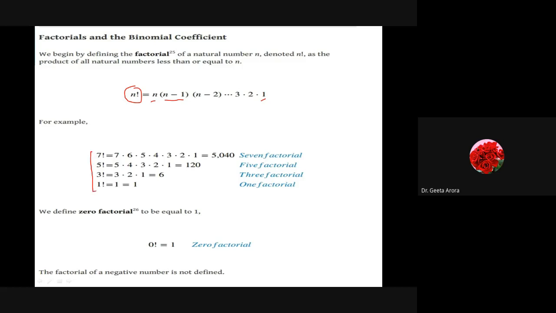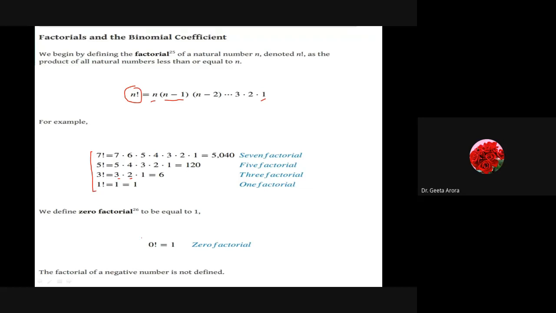That we have 1 factorial as 1, 3 factorial means 3 multiplied by the next smaller number 2, 1, and so on. Similarly 5 factorial and 7 factorial. And one of the most important things that students normally confuse with is 0 factorial. So you have to note down that 0 factorial is 1.